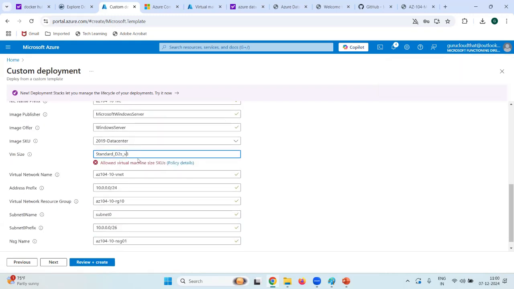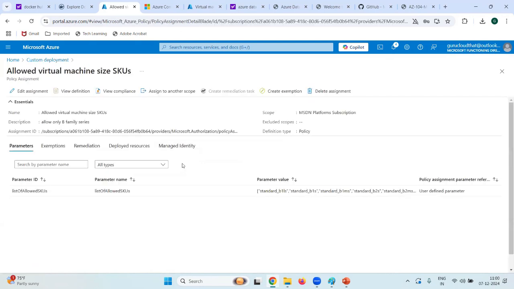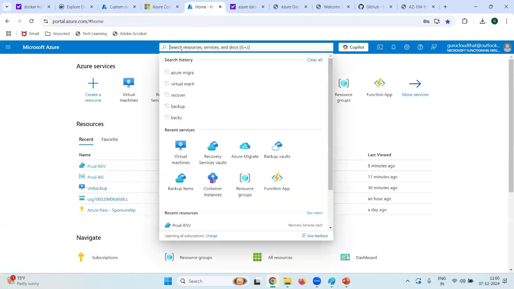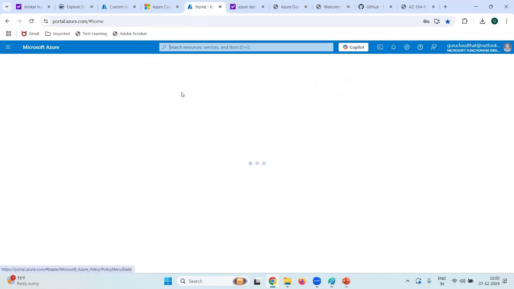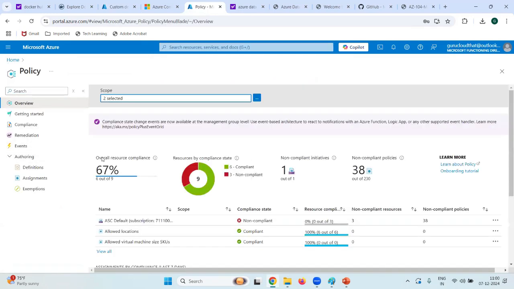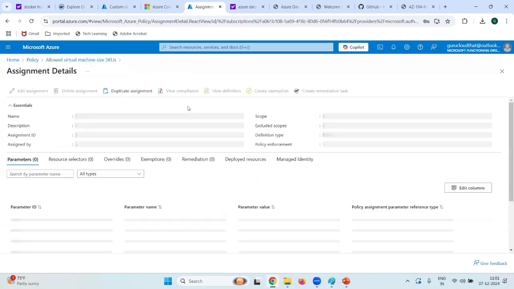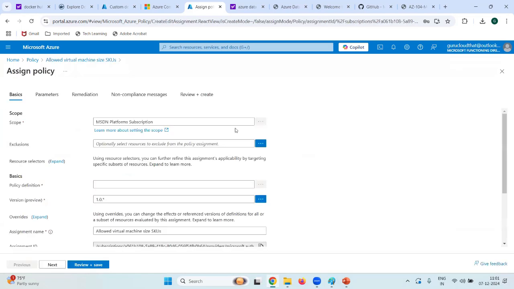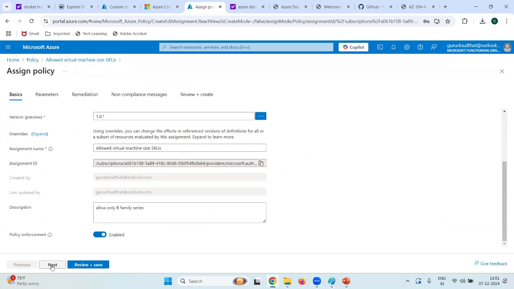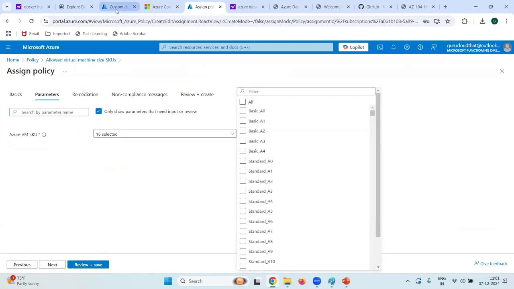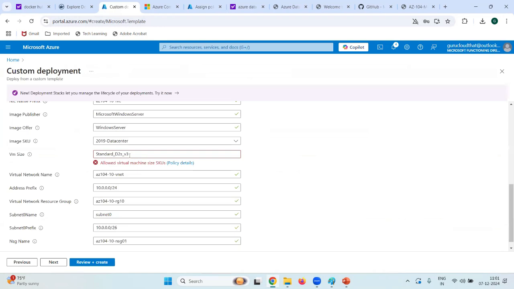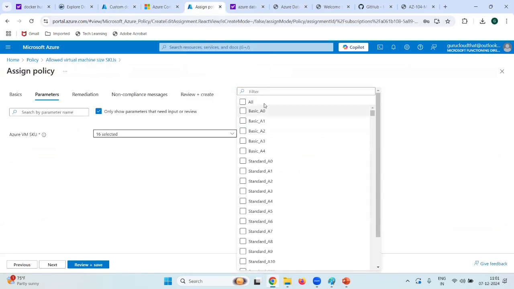I'm going to select my another subscription. Here, alert policy. Okay. So here, the other problem is it is blocking the policy. So I have implemented policy, if you remember, right? Correct. What I'll do, I'll go to the policy. Yes. Instead of allow virtual machine size. So what I'm going to do, instead of deleting it, deletion will take 15 minutes again. So what I'm going to do, I'm going to select what is that machine? DS2, standard DS2, right? DS-V3,